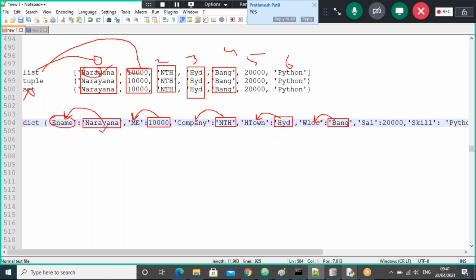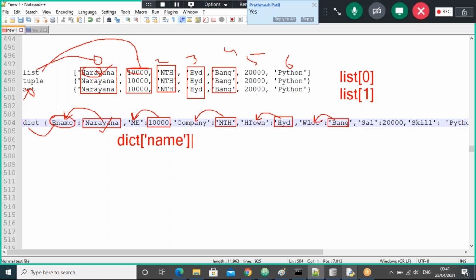I want to get the first value. Then we use dict of name, guys. See how to use, observe here. In the case of a list, we use list of 0, list of 1, like that. But in this case, we simply use dict of name.